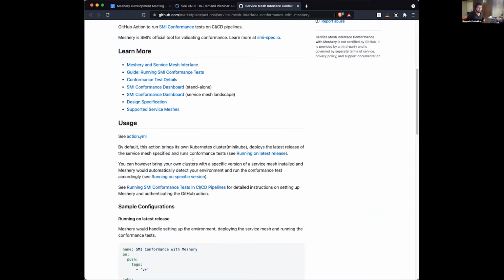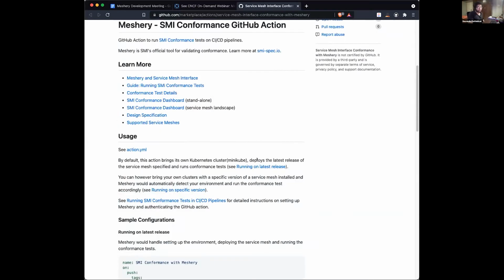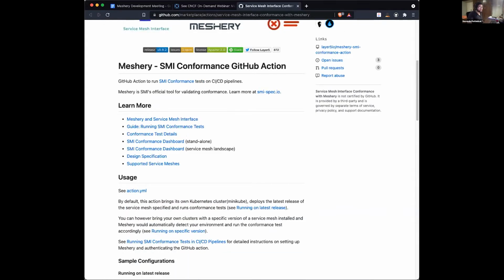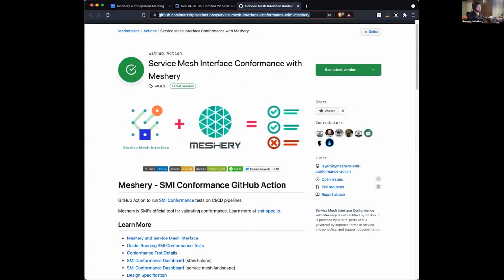Open Service Mesh is in the process of adopting this GitHub action, and we hope other service meshes also adopt this action. That is on the roadmap and it will be done soon. You can check out this action here. The link is in the chat.